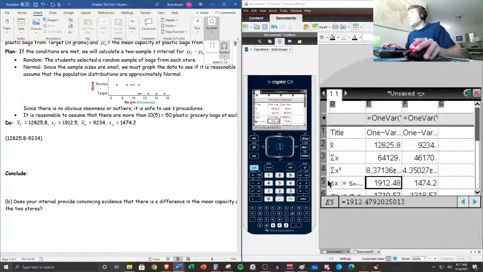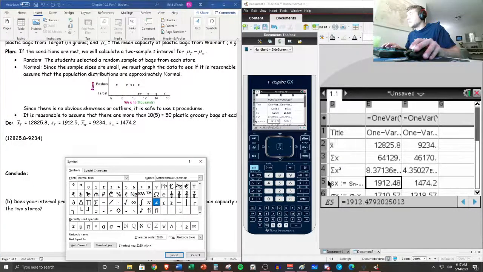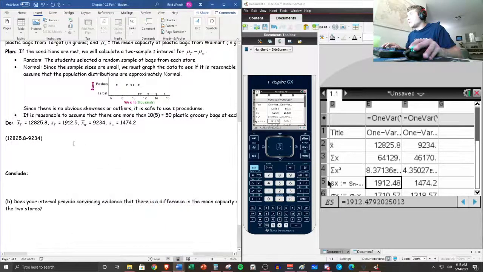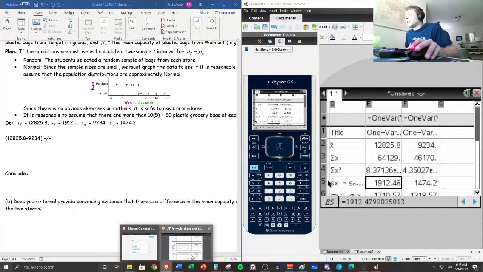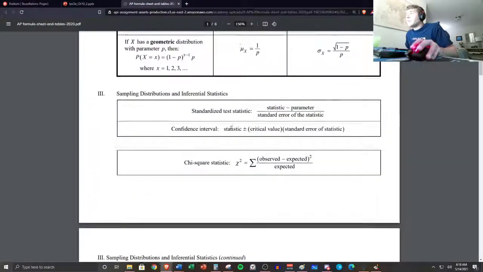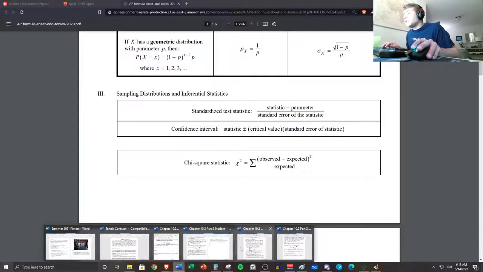Now, let me insert a symbol here. We need the plus or minus. Does that exist? Plus or minus? Maybe not. I'm just going to put plus, minus. So we're adding, subtracting. So let's go back to our formula here. Next thing we need, so we found our statistic. That's when we're subtracting this to find the difference. Now we need our critical value, and we know that that comes from that confidence level, which in the question,